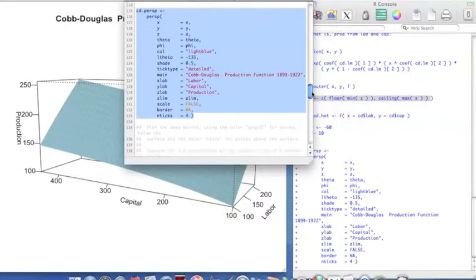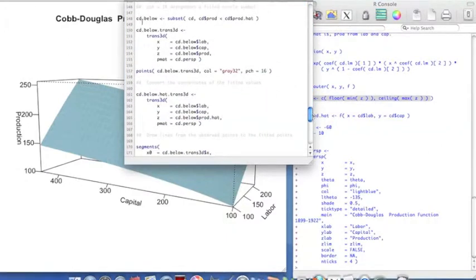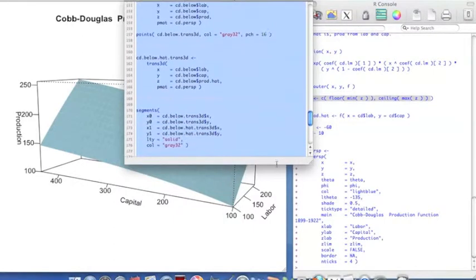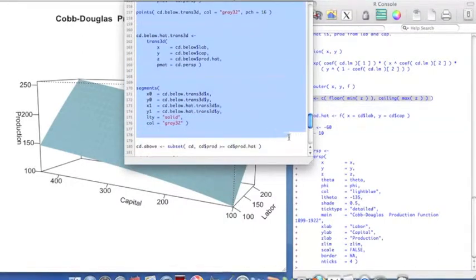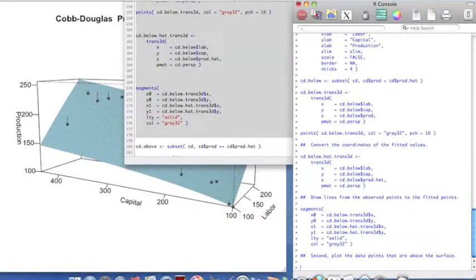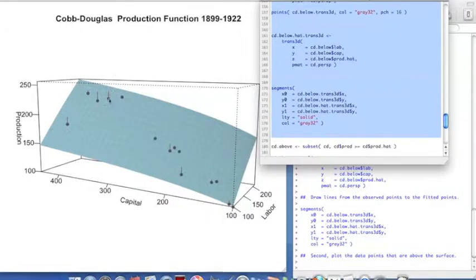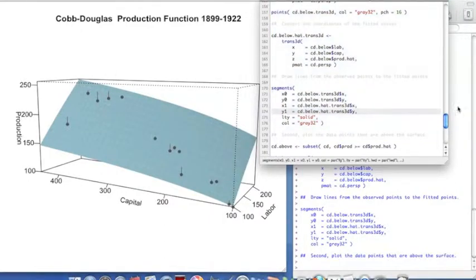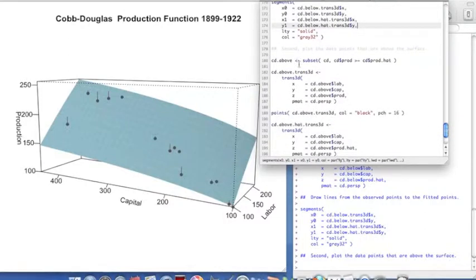Alright, now I need to plot the data points. So that graph is my regression, and I'm going to plot the data points, convert the 3D coordinates of the points to 2D drawing coordinates using the trans3d function. And then I'm going to draw lines from the observed points to the corresponding fitted values. You see, I did all the points here that are lower than my graph, and I'm drawing lines down